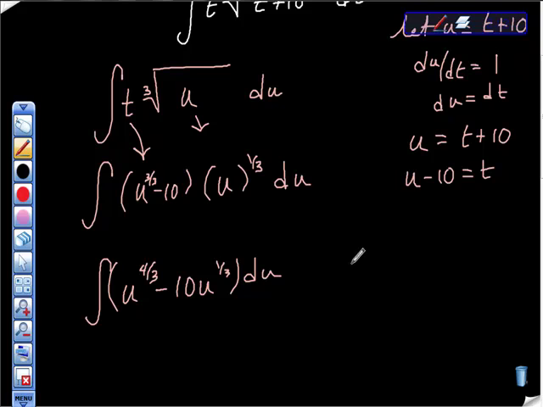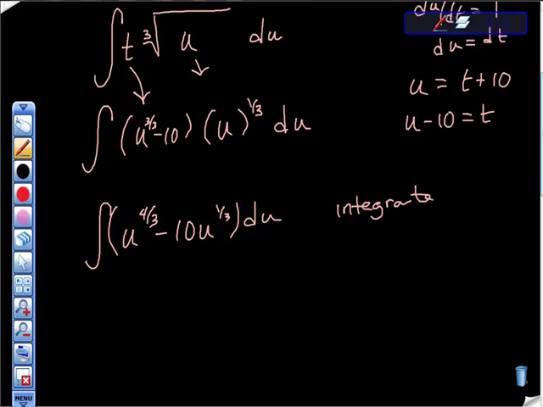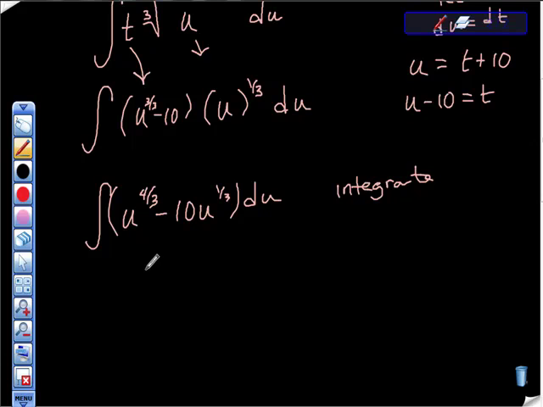So we get this problem. This, I think, is a lot more reasonable, and I think this is in integrable form. So let's go ahead and integrate that. It gets messy because if we're going to integrate, we increase the exponent by 1. So u to the 7/3 over 7/3 minus 10 times u to the 4/3 over 4/3,